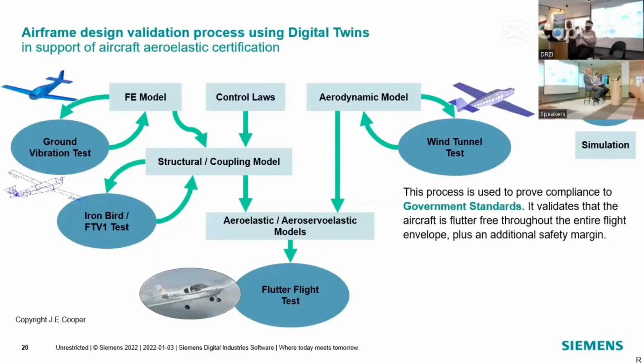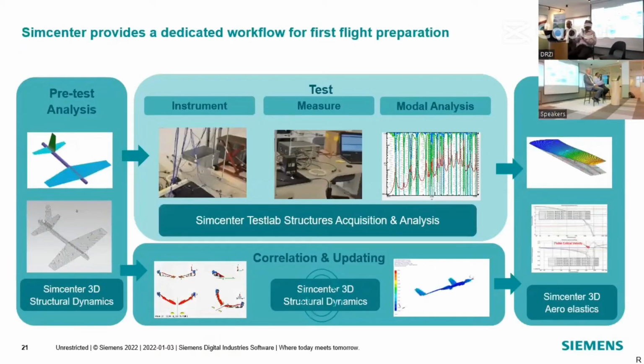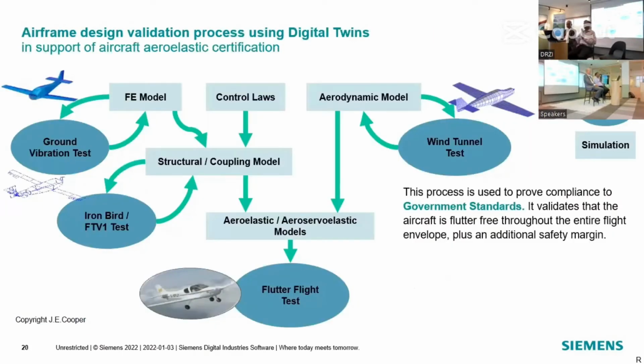Then you also see here, this is the typical workflow in the aerospace industry. There are certain things that we need to make sure the structure is safe. One of them, the first one, if you see here, is the ground vibration test. The ground vibration test is, if you take any flying object, before we start to fly,